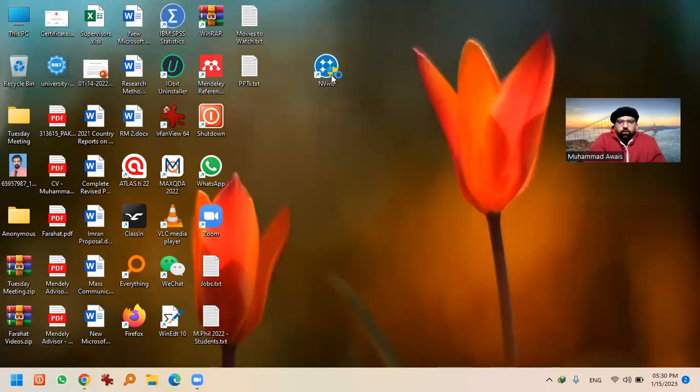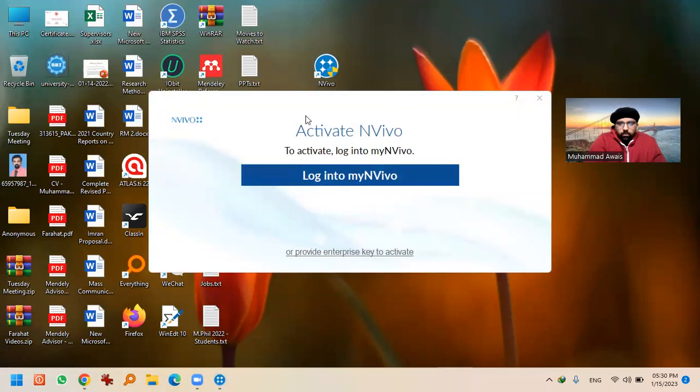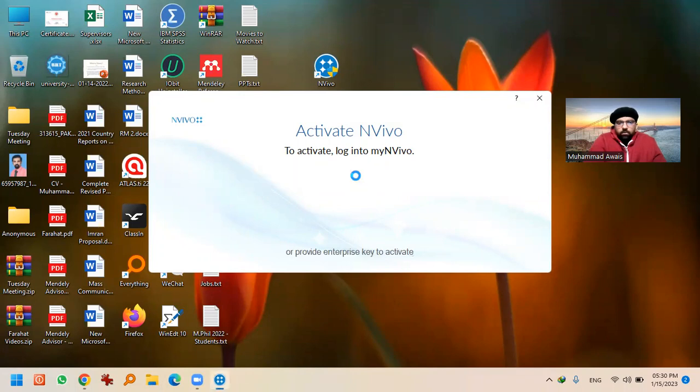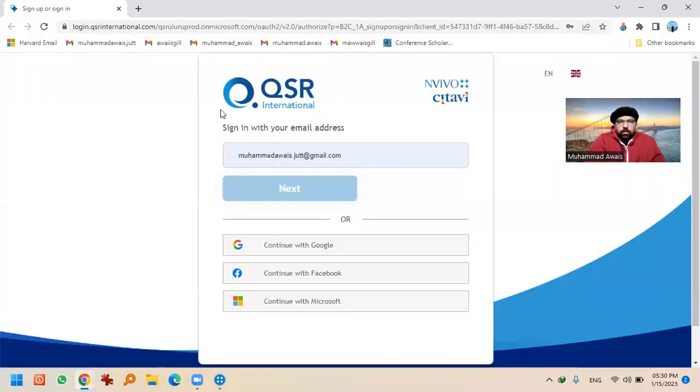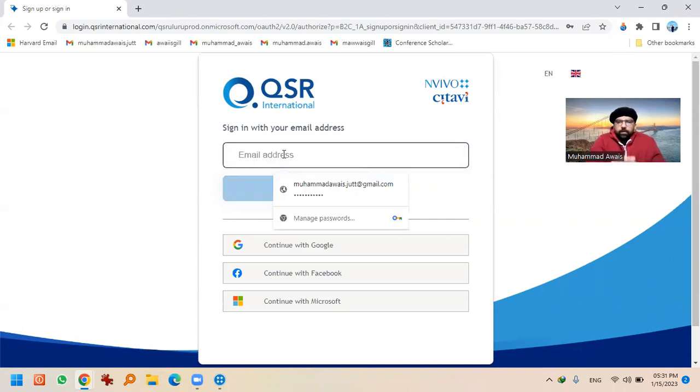Click on the software icon, and NVivo will prompt you to log in to your NVivo. Click on log in to my NVivo, and it will open a sign in website in your default web browser that you chose in your Windows. Here I also want to tell you that it will take around 5 to 10 minutes to